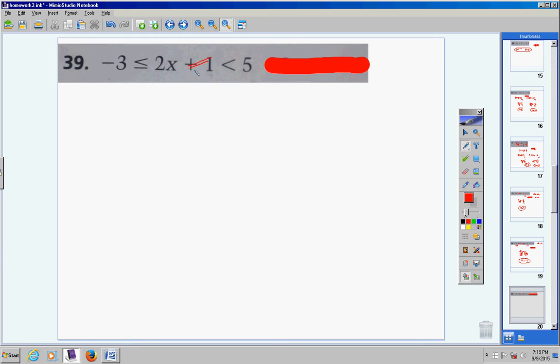It's a positive 1. So we're going to bring the 1 out here and make it negative. Bring the 1 out here and make it negative. You must move it both directions. Negative 3, negative 1, that's negative 4. Inside in the middle, I'm still left with 2x. The 1 is gone. Positive 5, negative 1 is 4. Now I want to get rid of the 2, so we're going to divide everything by 2. By the way, if this had been a negative 2, and you were dividing by a negative 2, you would have to turn